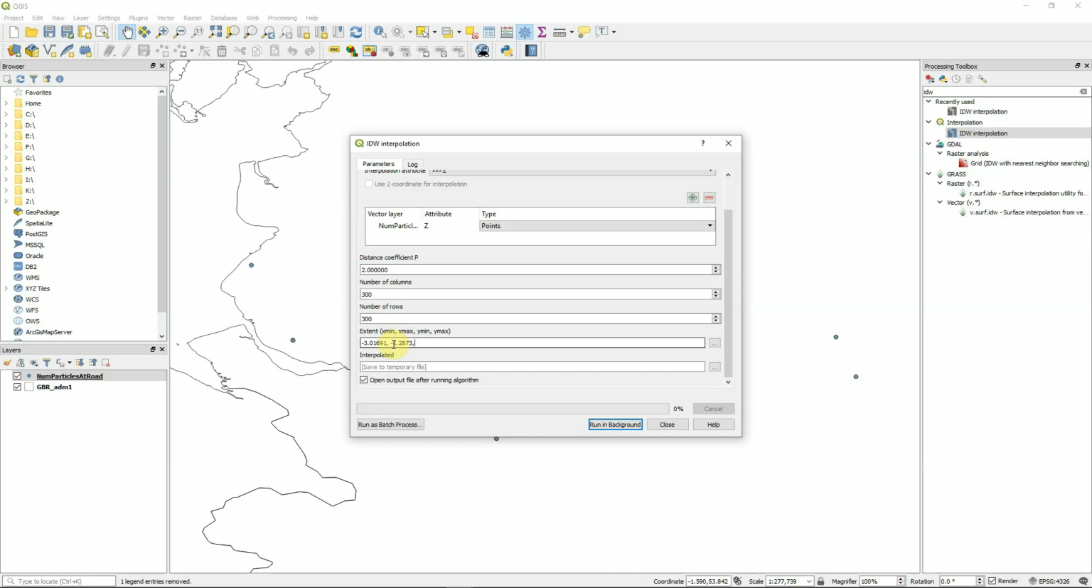-1.2873. Then a comma and a space again, and it wants to know what the minimum latitude is, the Ymin, and that is 53.10027, comma and a space, and then the maximum latitude, Ymax, is 53.73538. So everything is now ready to create our interpolated layer, so we just click on the Run in Background